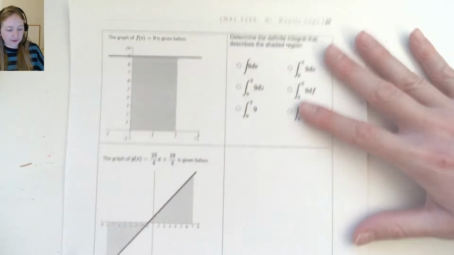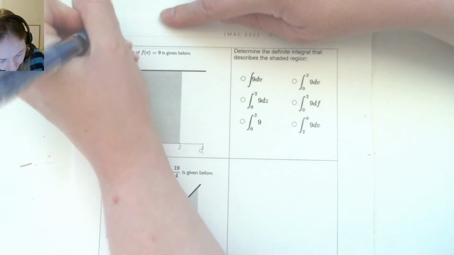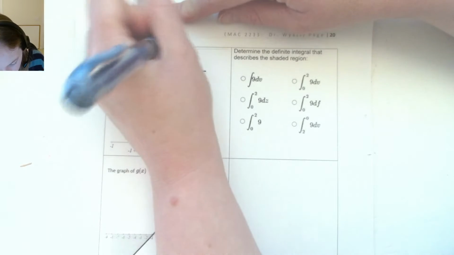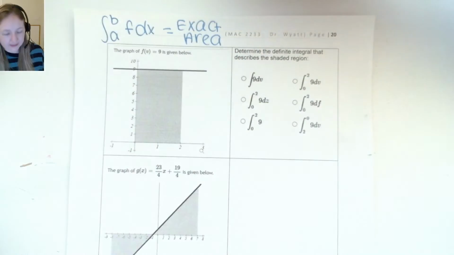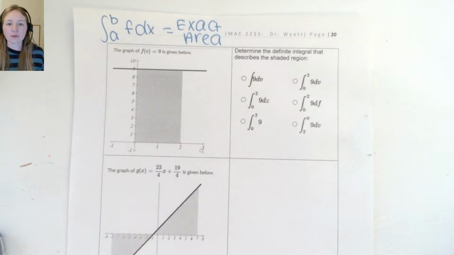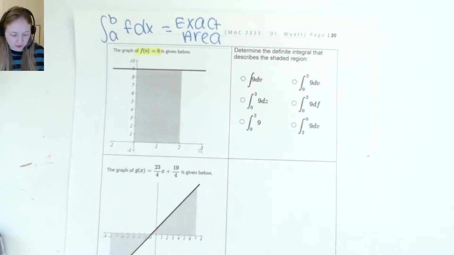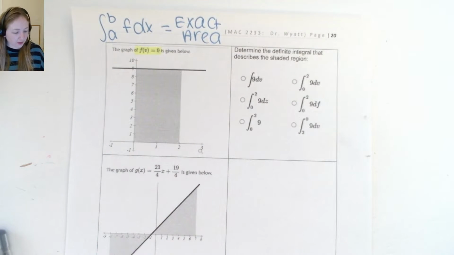All right, so using the fact that this definite integral from a to b of f dx represents the exact area, they are going to ask, and we want to set up some integrands. So what we're going to do for setting up the integrand is we're first going to notice the function that we're integrating. So that is going to become